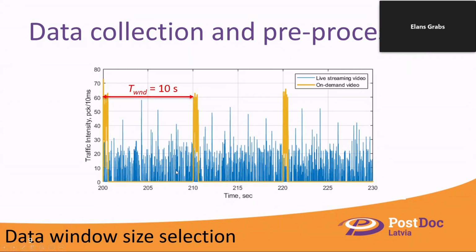So we need to try to classify traffic based on this intensity by using different supervised machine learning algorithms. First, and the most important thing, is to select an appropriate window size for segmentation of this traffic. The most natural choice, obvious at the beginning, is to use the time interval between bursts of the on-demand video traffic. However, this is quite a high number, 10 seconds, which is a lot. So we try to reduce this window size.